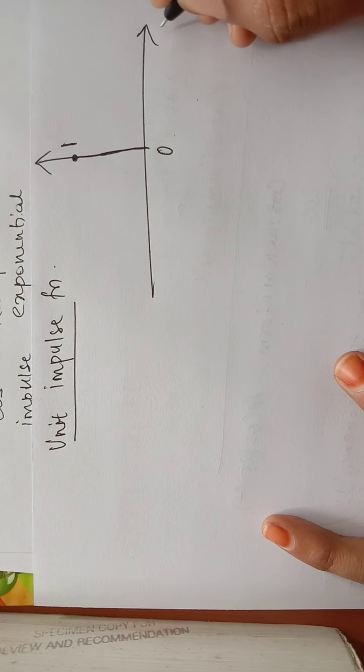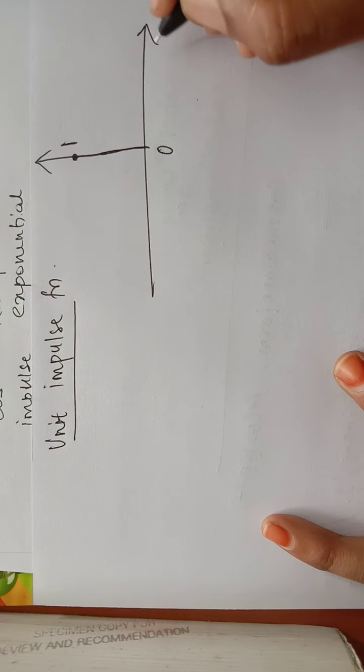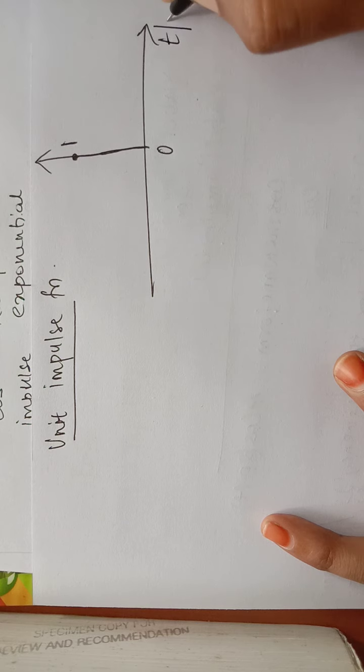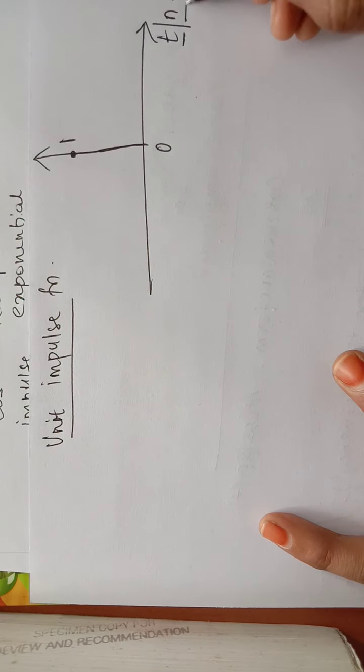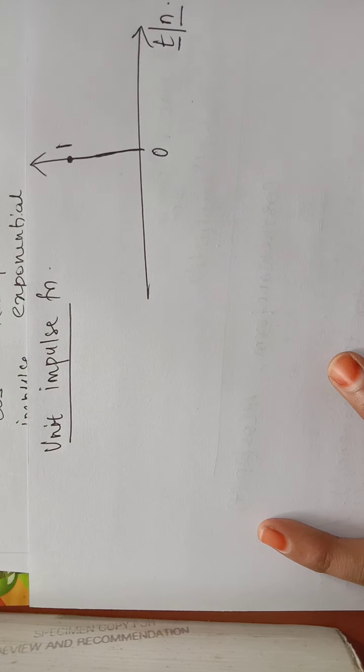So this is the time axis value and this is the amplitude. Here, don't confuse with T or N. MATLAB doesn't know that T stands for continuous time and N stands for discrete time. Whatever value we are giving, it will implement it. While plotting, we can differ whether it is a continuous time signal or a discrete time signal.